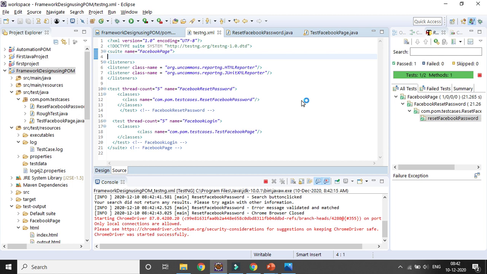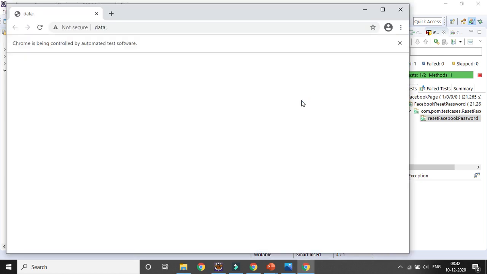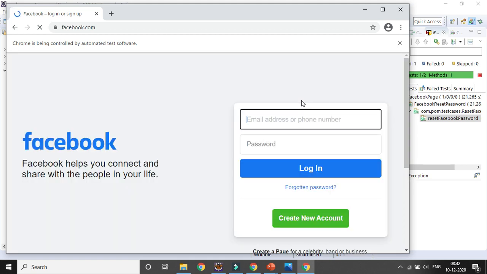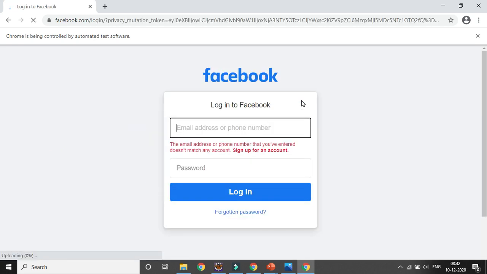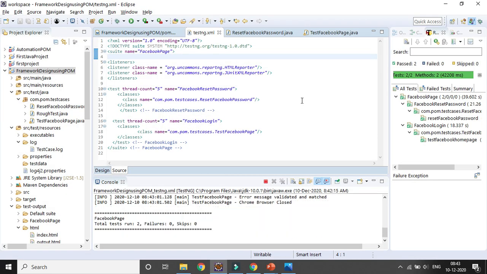And if you want to open your screenshot in a new tab, you can add some more lines in your code. I'll show you how you can open your screenshot in a new browser instead of in the same browser. So it is getting executed now. Both the test cases got passed. Now refresh your project.